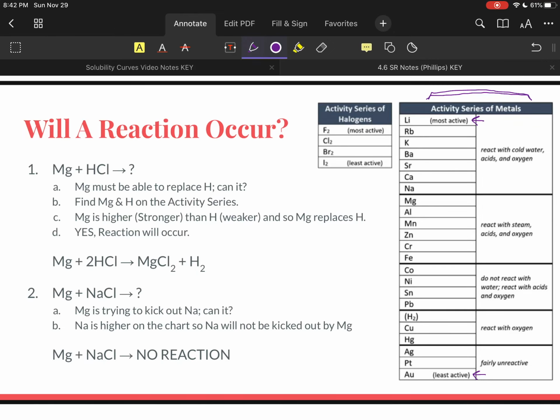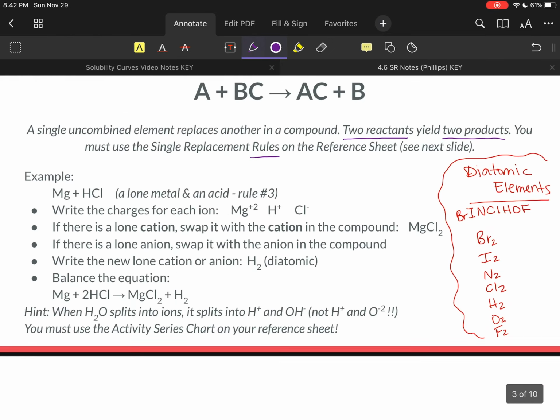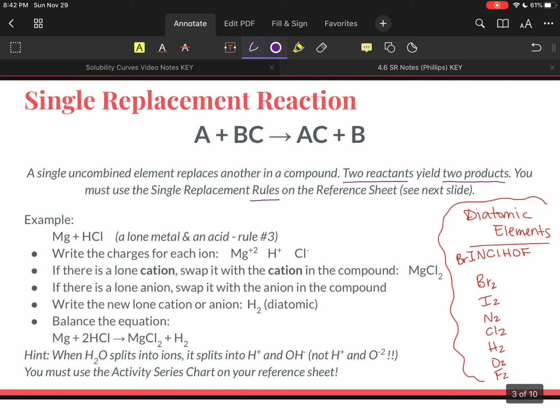And you'll notice the most reactive reacts with cold water. As we go down, we're not really reacting with water anymore. It might react with oxygen, but it might be a slow reaction. And then we have virtually unreactive metals down at the bottom. So when we're looking at a single replacement reaction, it's important that we're checking our activity series as we're